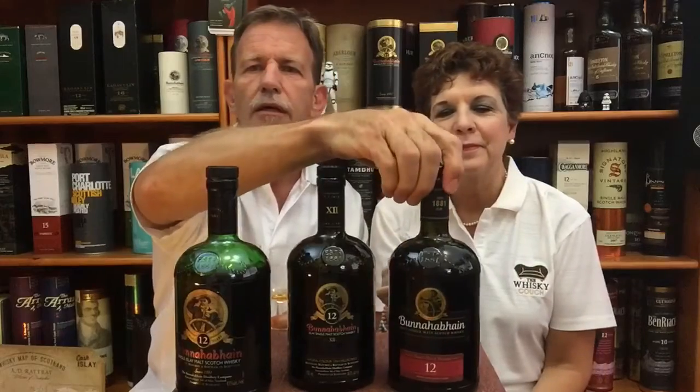Anyway, this was a bit of fun comparing three generations of Bunnahabhain 12-year-old. There we go. Just a couple of fun impressions from